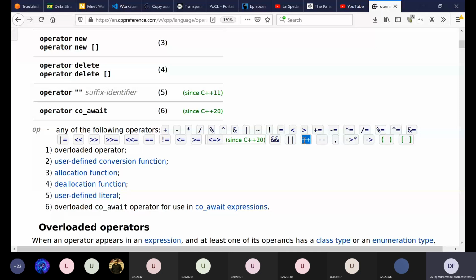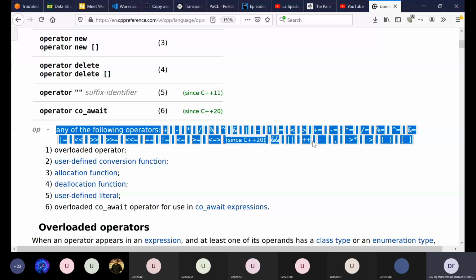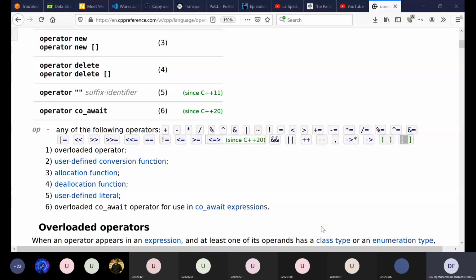And then you have this comma operator, this arrow operator. Even these parentheses and these square brackets for the arrays are also operators. So they are also operators that you can overload. Apart from the binary operators, in the next class we will see a few more operators to overload. We'll see these, and then perhaps the square bracket operator. For the binary operators, you can try overloading other operators.